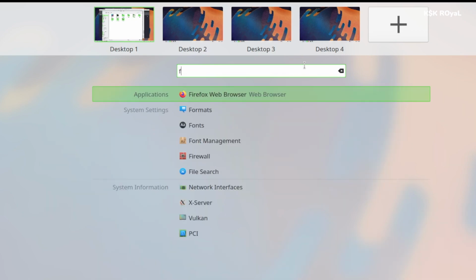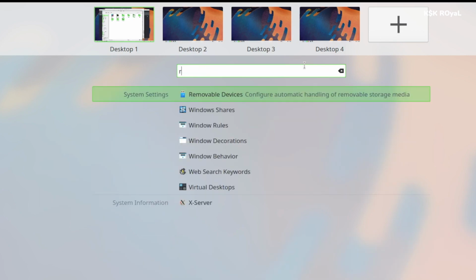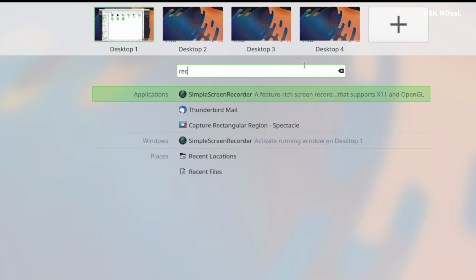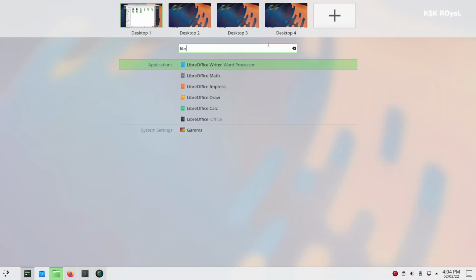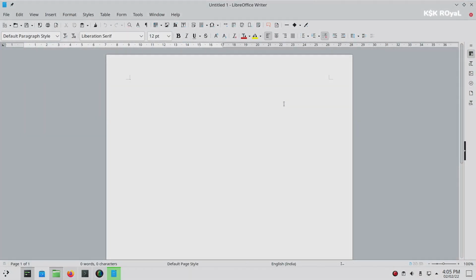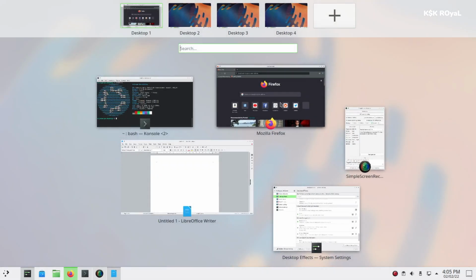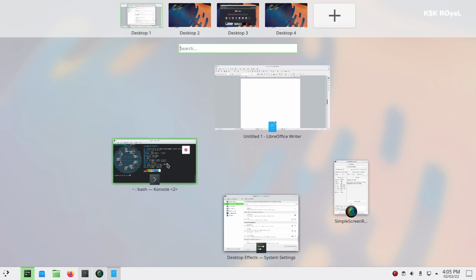Below that, you can see a search bar powered by KRunner, which allows you to search for anything, which includes files, settings, applications, opening existing windows, and more. Now, just like macOS, you can move any window from one workspace to another with drag and drop support.